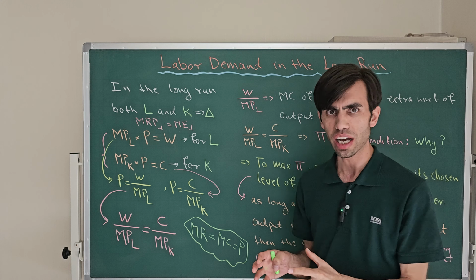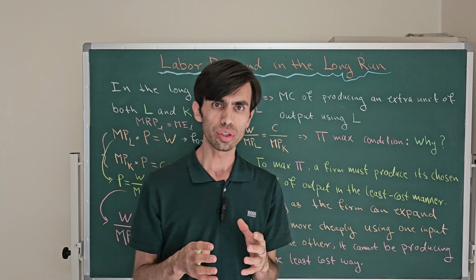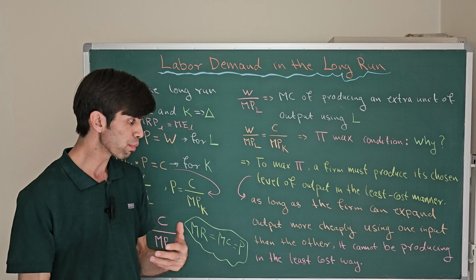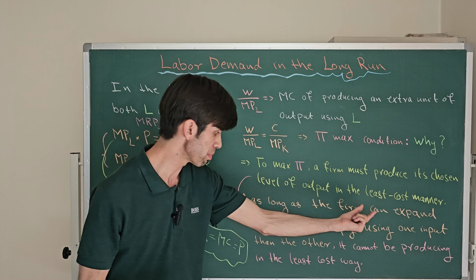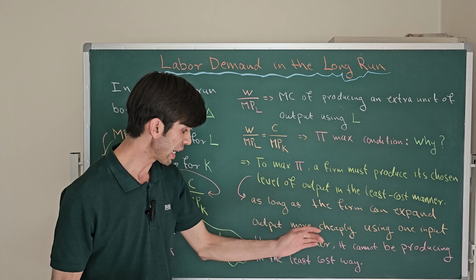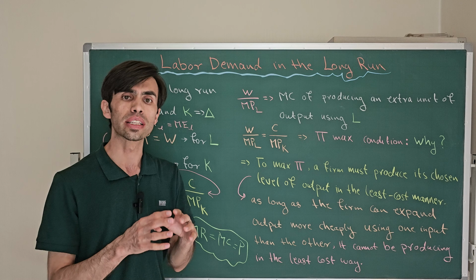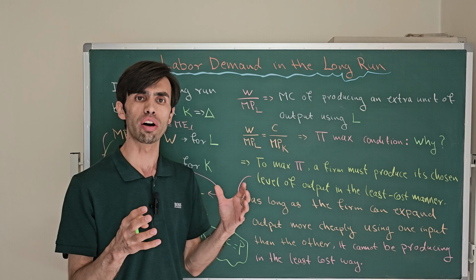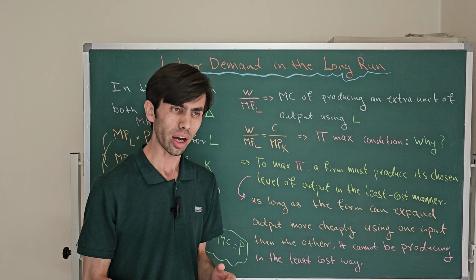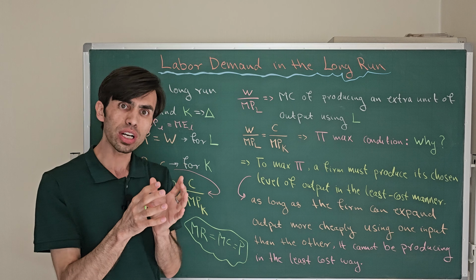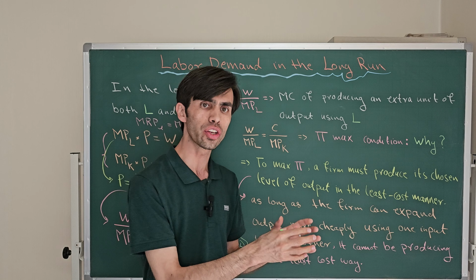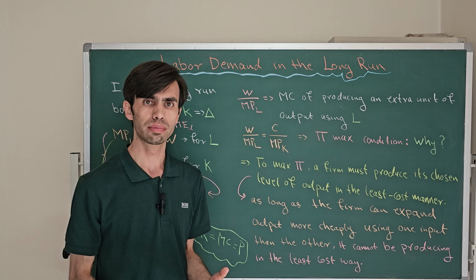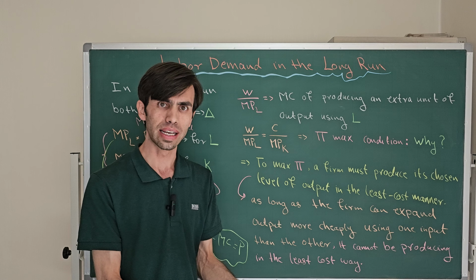As long as the firm can expand output more cheaply using one input than the other, it cannot be a least cost approach of producing output. Why? Because if you can produce one extra unit of output using labor cheaper than using capital, it means you're not